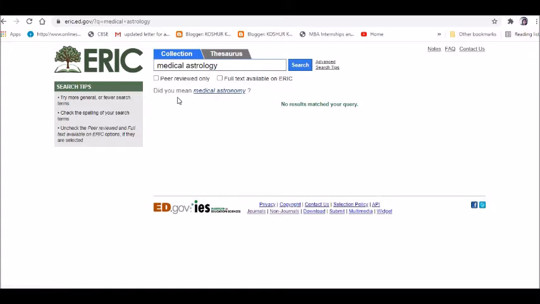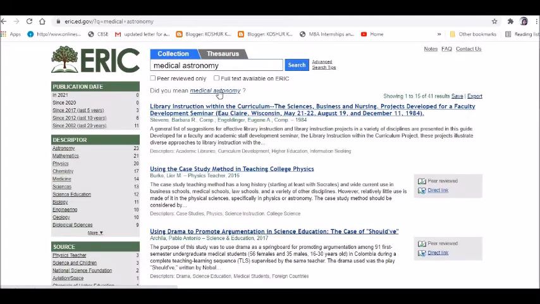Okay, let me just see what I am going to get, because this is something drastic. I never ever thought that there would be something which is called medical autonomy. Now see, astronomy is what I'm looking for, and it is still giving me choices. The first was medical astrology, the second choice was astronomy, and now I have got the third choice through this particular database. It's asking me, are you talking about medical autonomy? Now basically I come from that area, so these are the ones that I have got. So let me click on medical autonomy.